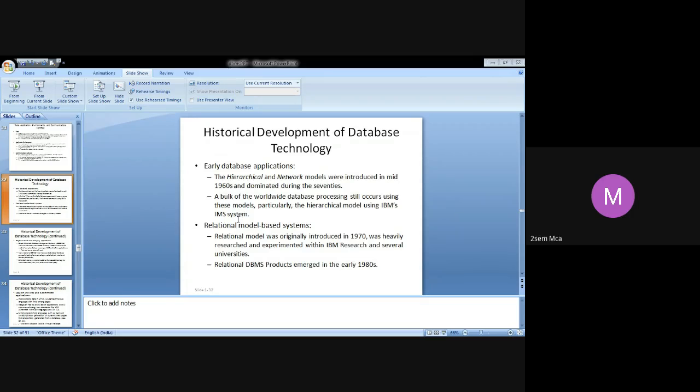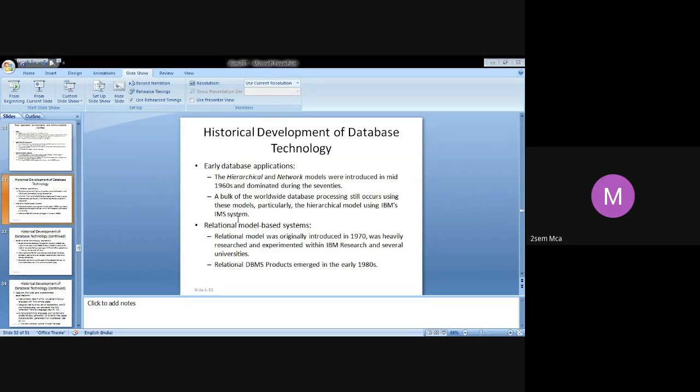Another important shortcoming in those earlier systems was that they provided only a programming language interface. You had to run a programming language to access your database. So it became very time consuming and expensive. Most of the database systems were implemented on large, expensive mainframe computers, so it became difficult. All these hierarchical systems, network model-based systems and file systems were on mainframe. That's why they didn't flourish.